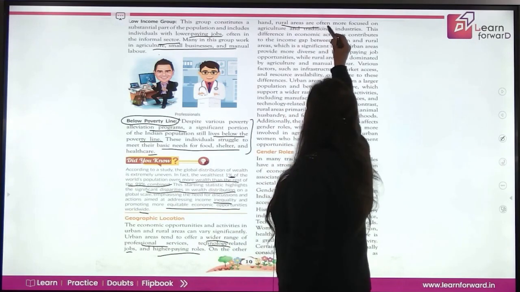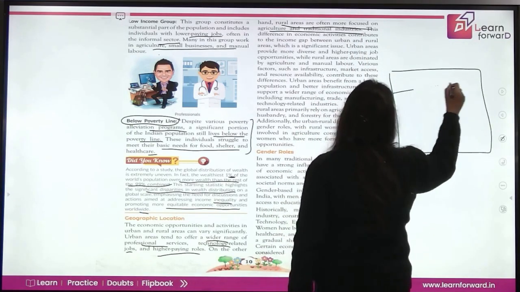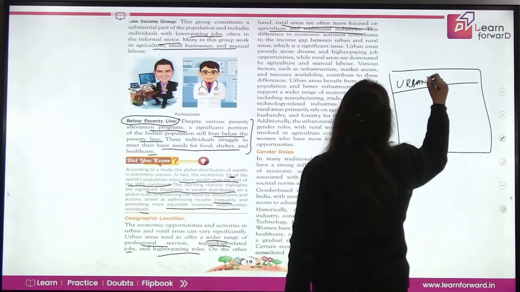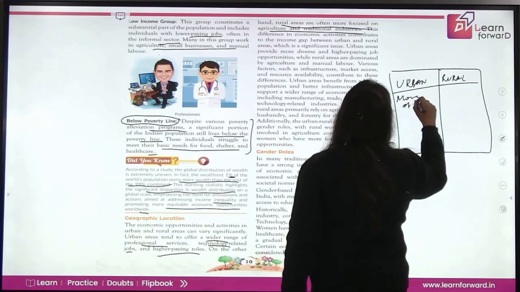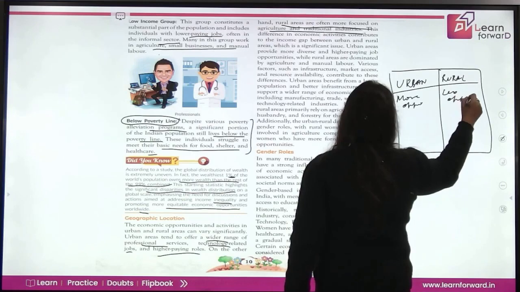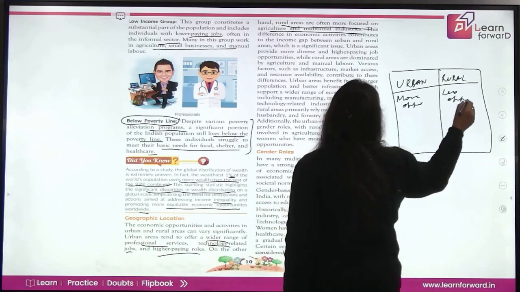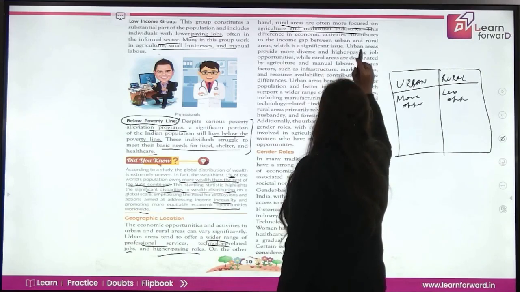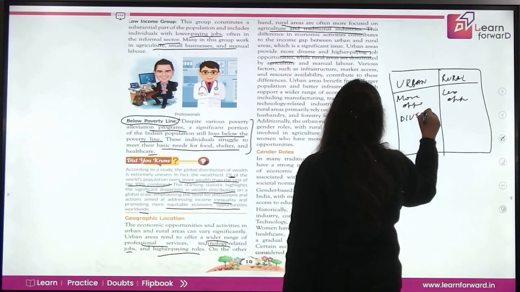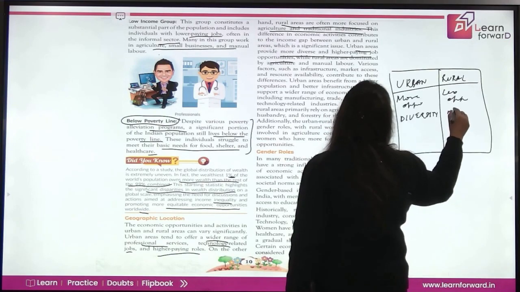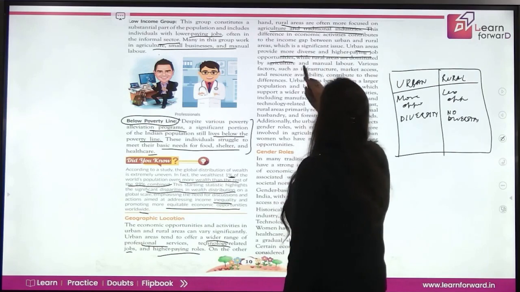अगर हम बात करें रूरल एरियाज की, तो यहाँ पर दे विल बी फोकस्ड ऑन एग्रीकल्चर एंड ट्रेडिशनल इंडस्ट्रीज। अगर हम अर्बन एरियाज और रूरल एरियाज का एक चार्ट बनाएं, तो डिफरेंस क्या है? पहला, ग्रोथ अपॉर्चुनिटीज: इसमें मोर अपॉर्चुनिटीज हैं, इसमें लेस अपॉर्चुनिटीज हैं। लेस अपॉर्चुनिटीज क्यों हैं, बिकॉज यहाँ पे वी हैव higher paying jobs, more range of professional jobs and more technologically related, but here people are only based on agriculture and farming. Then urban areas provide more diverse and highest paying job opportunities, इसमें diversity है, इसमें diversity नहीं है, क्योंकि यहाँ लोग दूसरे कामों में नहीं, सिर्फ एक सोर्स ऑफ इनकम पर निर्भर हैं जो बहुत कम है।